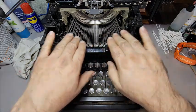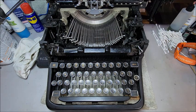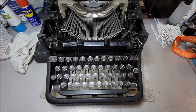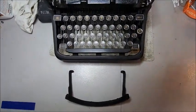Now that I have all the type bars and all the links installed on this KMM, it is now time to reinstall the type rest. However, that presents a different problem. So, if you'll permit me to show you,